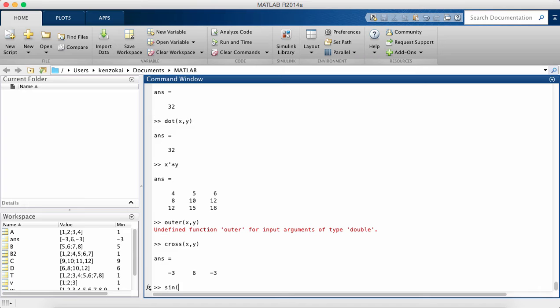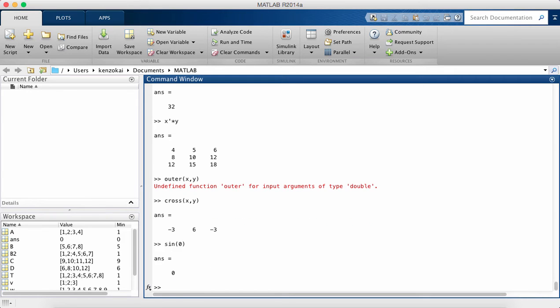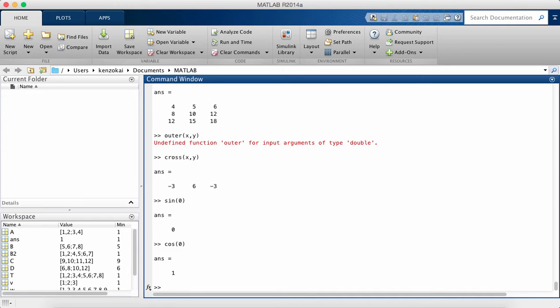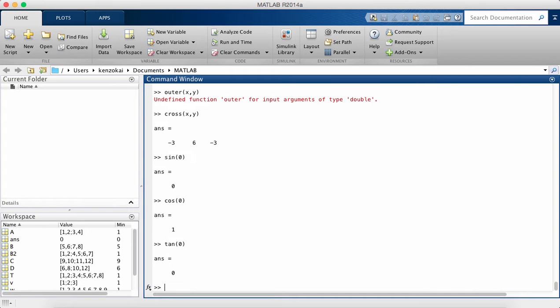So I can do sine of 0, gives me 0. I can do cos of 0, gives me 1. Tan of 0, of course, would also be 0. So let's look at these trigonometric functions for a little bit. One thing is that because MATLAB works on matrices,